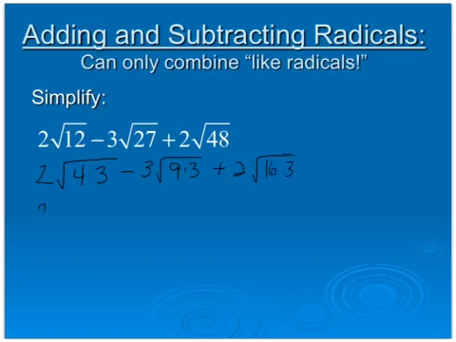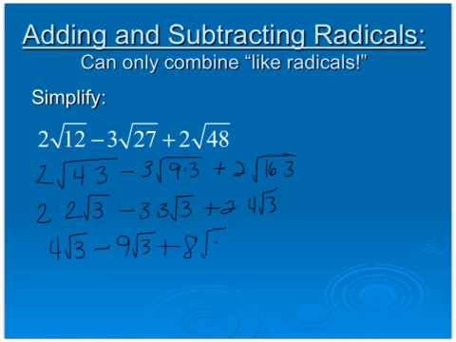So if I keep going here, I have a 2. When I pull out the 4, that becomes a 2. I keep my root 3. Then I have 3 times 3 root 3 and 2 times 4 root 3. So that's 4 root 3 minus 9 root 3